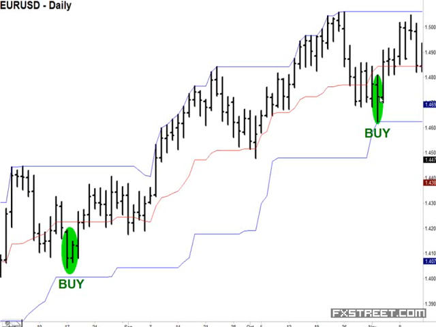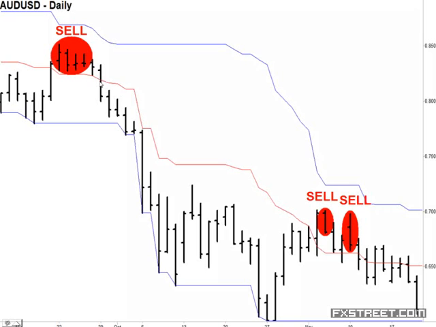The same technique works going short. Here's the older chart of the Australian dollar. Now, had you been an aggressive trader, you would have sold right here. But waiting for the conservative bars, you would have seen we have 3 or 4 bars totally above the midline, not touching, while all 3 channels are headed lower. So this was your more conservative entry, saying your risk is going to be less.